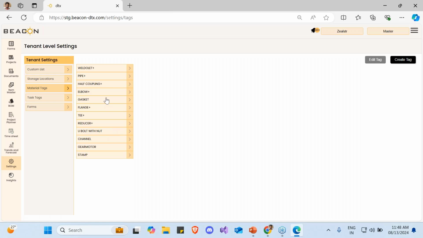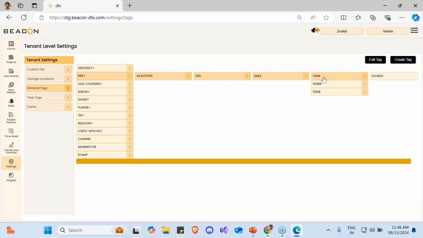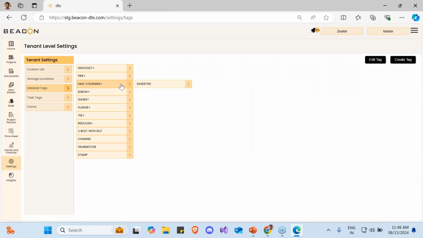So this is with regards to one of the projects that we have done for one of our customers, where we have defined these various categories. They will work on this coupling, weld, joints, and pipes, so they have categorized them into various categories. Like the stamp is further bifurcated to this, then it follows down. Similarly, pipe is followed by this, then this again drills down to multiple levels. As you can see, it keeps on going ahead as we drill down to each and every tag. This way it will be easier to identify what category the material belongs to.